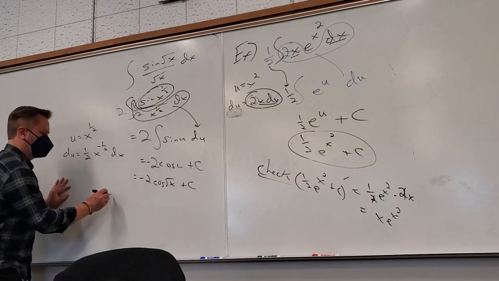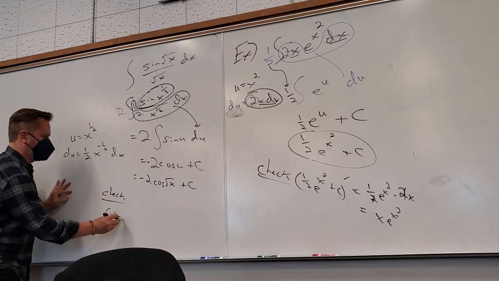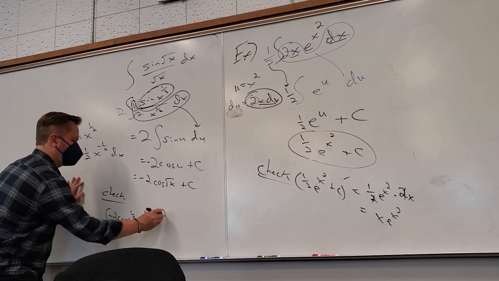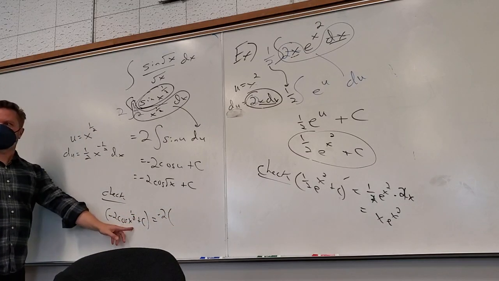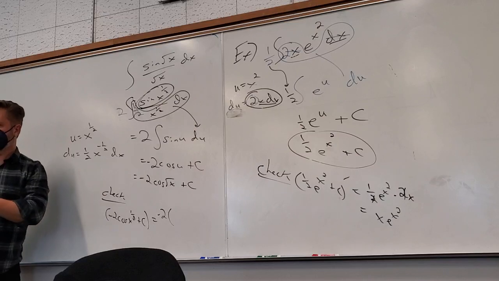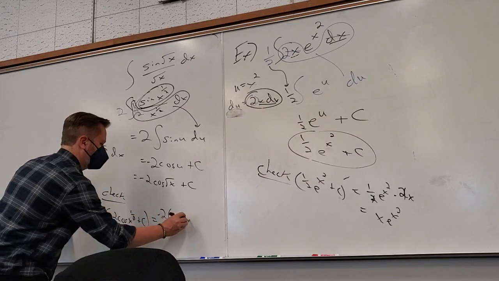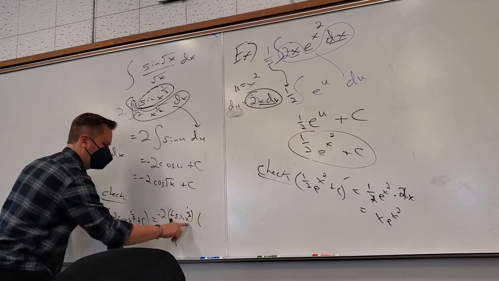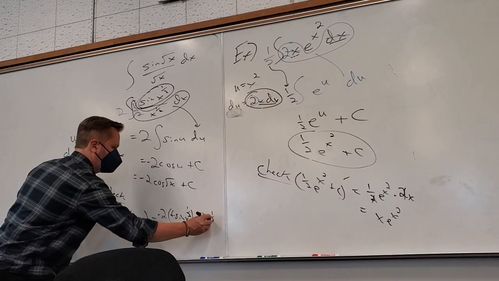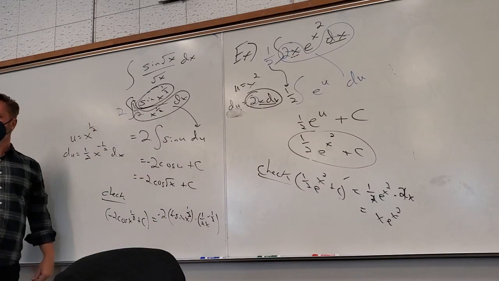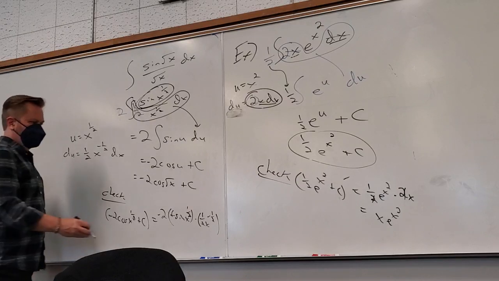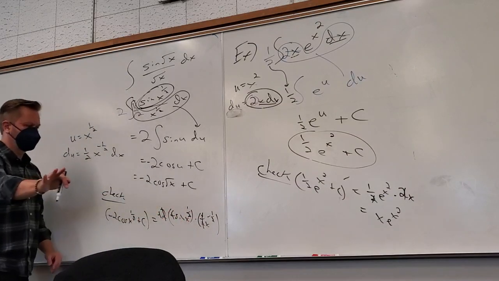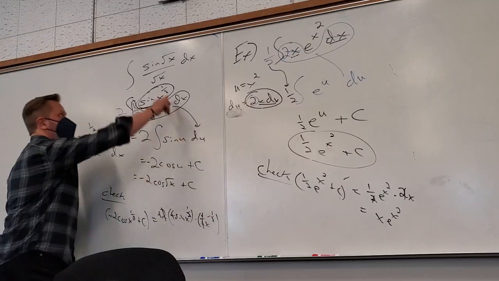So let me show you again. Check. If I took this guy's derivative, I'll write it like this again. Wouldn't this be negative 2 times the derivative of cosine of something, which is negative sine of that thing, times the derivative of the inside, the x to the 1/2, so that'd be 1/2 x to the negative 1/2. And of course the plus c dies, right? So the negative 2 and the negative 1/2 cancel. And you get sine square root of x over square root of x,